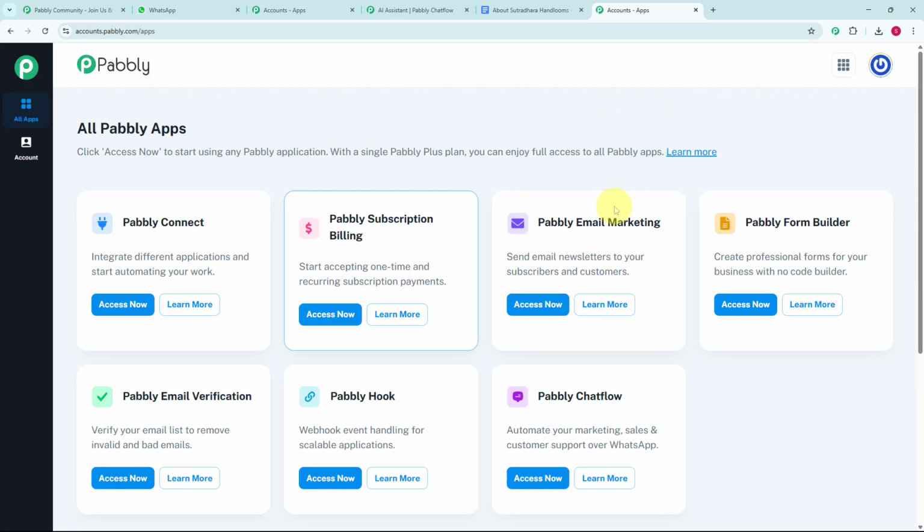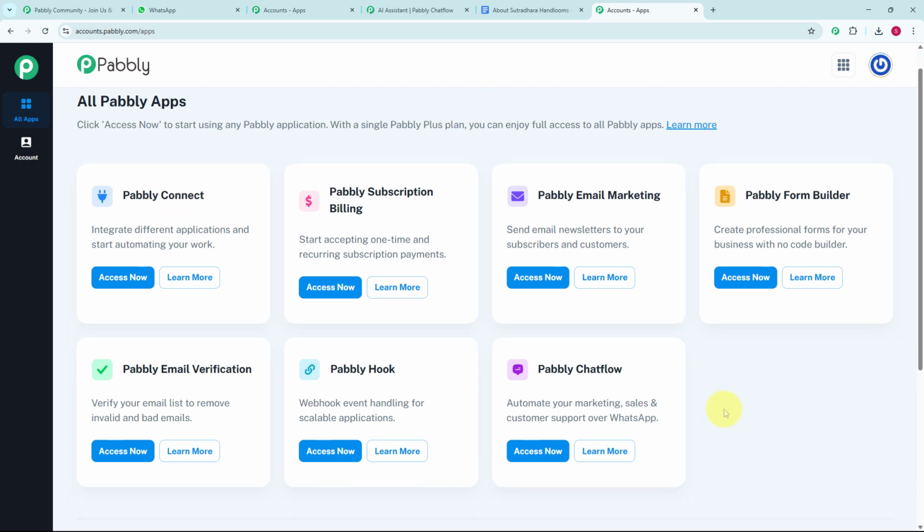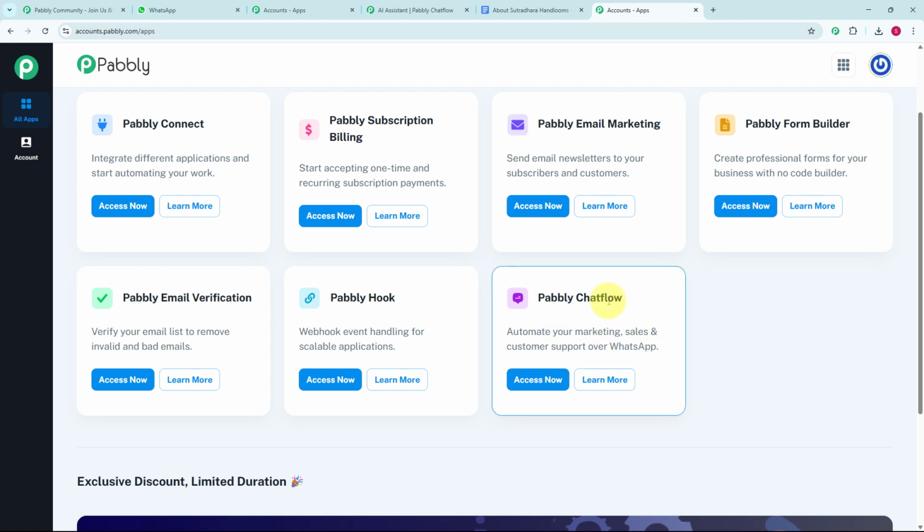And once you finish the sign up, you will get this All Pabbly Apps page, and here you can see these are the products provided by Pabbly. And as we are going to create an AI assistant, we just have to access this Pabbly Chatflow app, and here on this Pabbly Chatflow app you can see we are getting two options, that is Access Now and Learn More. Now for accessing the Pabbly Chatflow you just have to click on the Access Now button, and once you click on Access Now